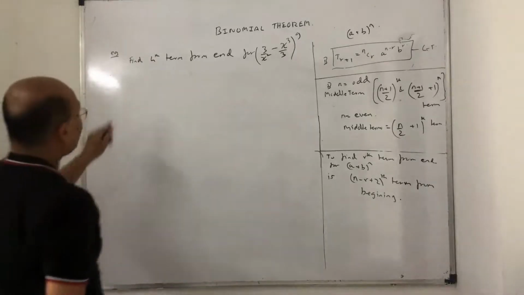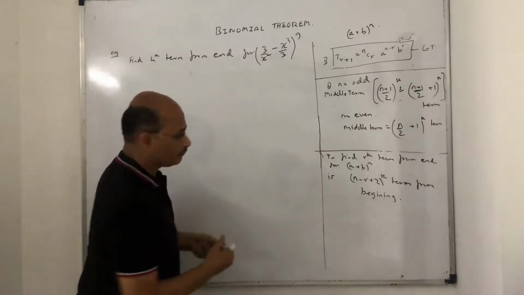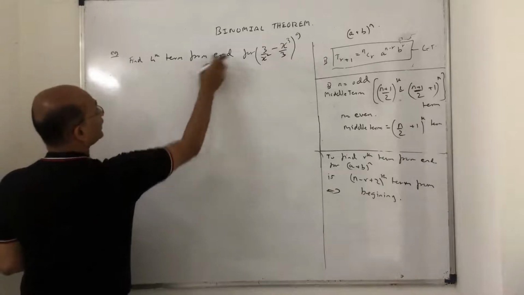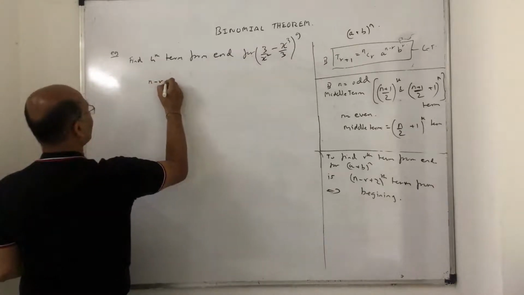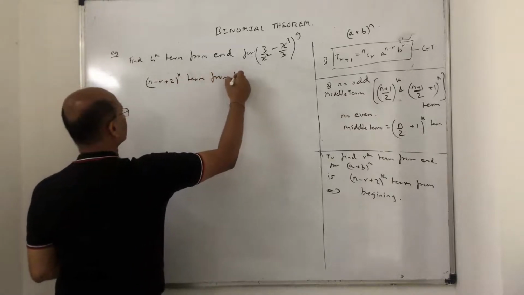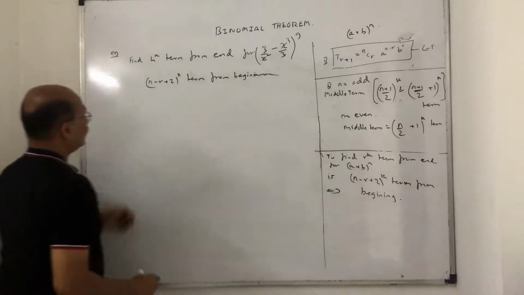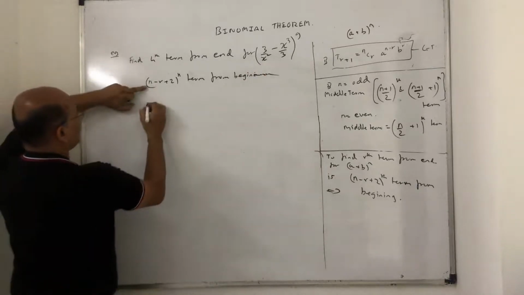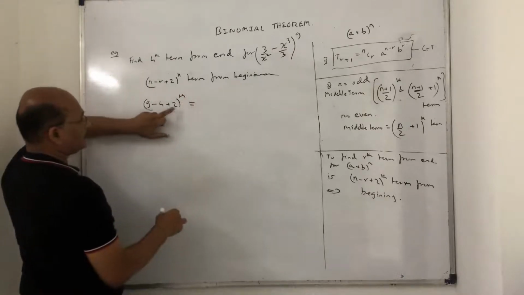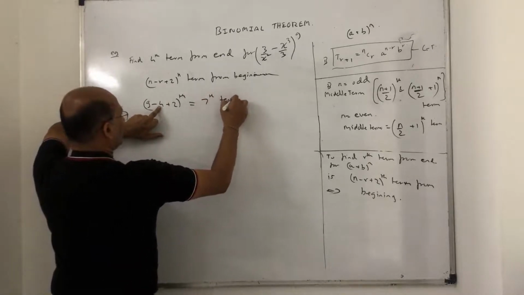So let us just see this example here. They are asking to find the fourth term from the end. So you have to find which term it is from the beginning. So the fourth term from the end means n stands for 9. So it is the n minus r plus 2th term from the beginning. So what happens now? Fourth term. So n stands for 9 minus 4 plus 2th term. So how much does it come to? 9 plus 2, 11. 11 minus 4 is 7. So the 7th term from the beginning.